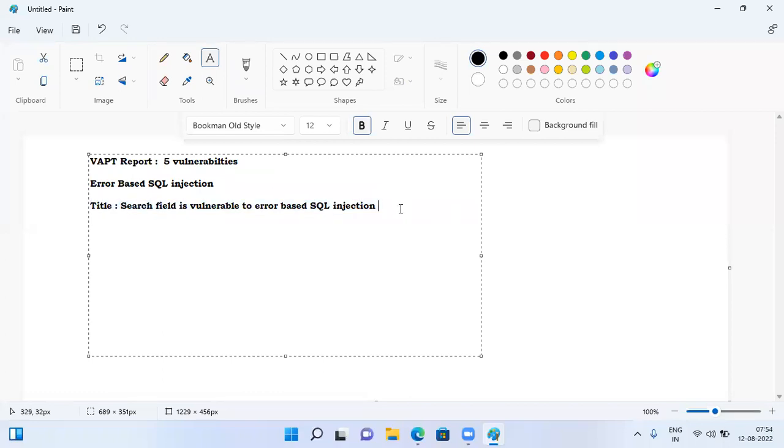What are the steps involved in finding this vulnerability? You need to put that. Title, description. Description means you need to put 2 or 3 lines about this SQL injection vulnerability, how it happens, okay, and how it is going to affect the application and the security. Description you need to put. Then